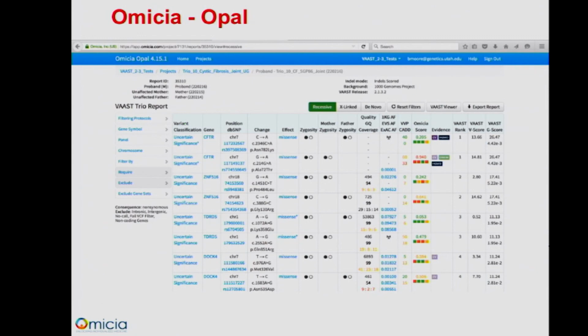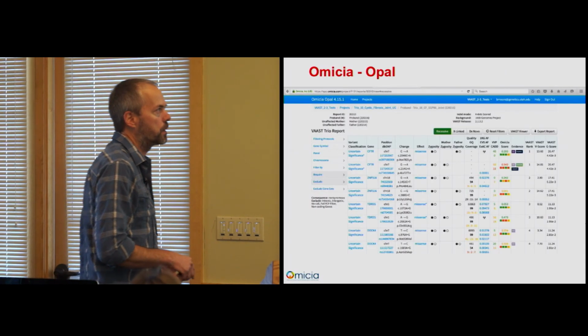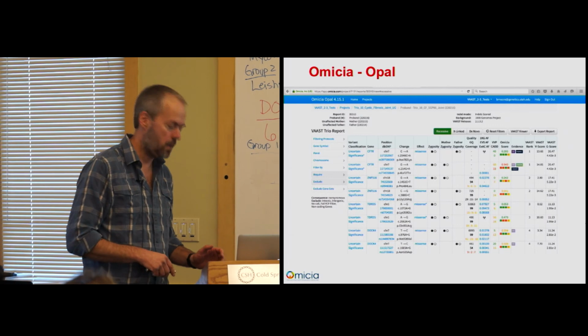And so this was a test case that I'm showing you here where the spike-in was in CFTR, and it pops up to the top of the list. It also runs them automatically in recessive, because this was a trio, it ran it automatically in recessive, X-linked, and de novo, and we can just select any one of those and view this. So this makes a really nice interface for users who would never be willing to get down and run things on the command line and look at text files,